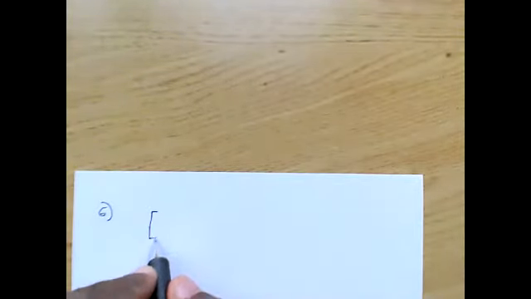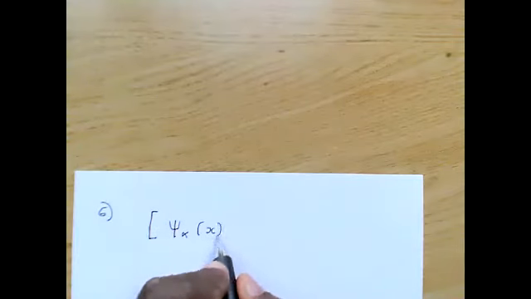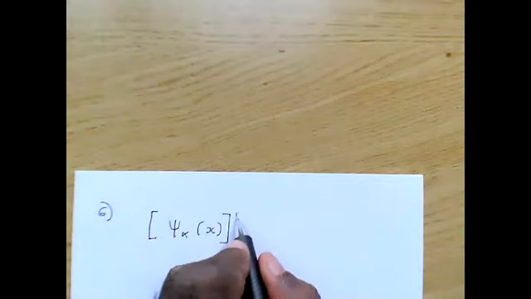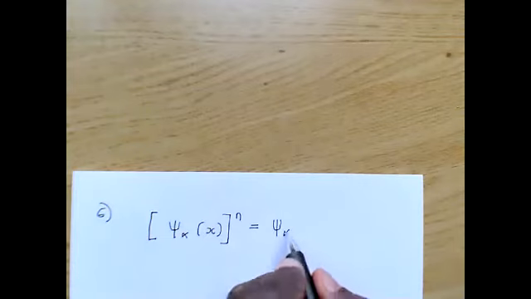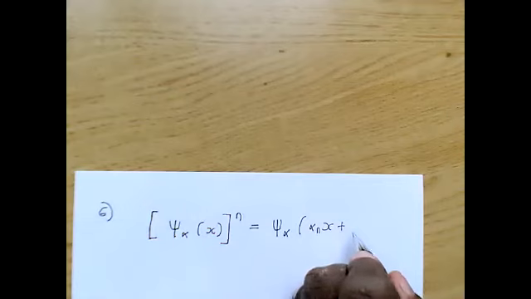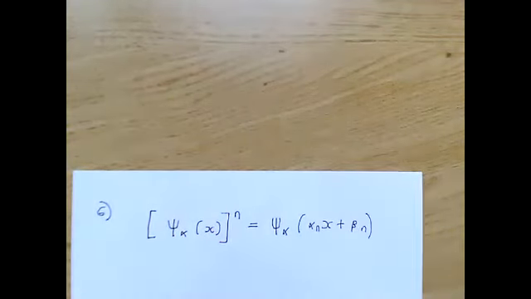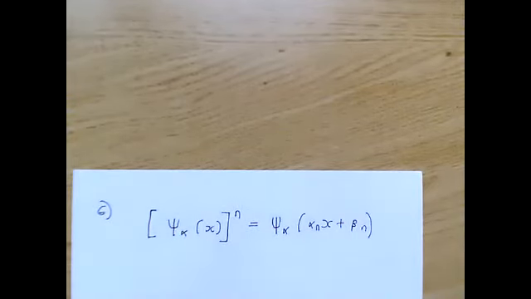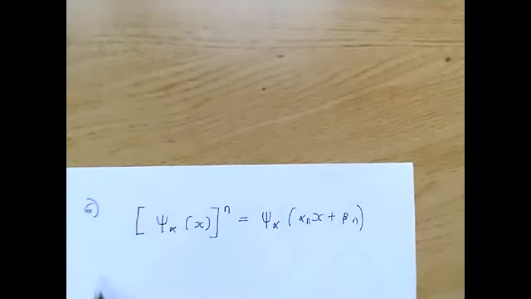It is to show that this is true if and only if beta n equal to 0 and alpha n is there. All right, we know that this guy here is